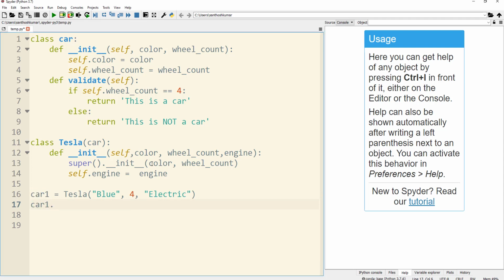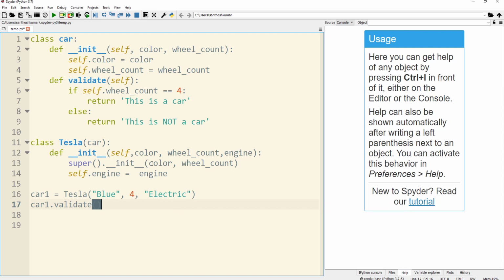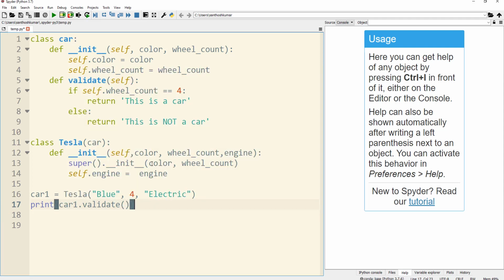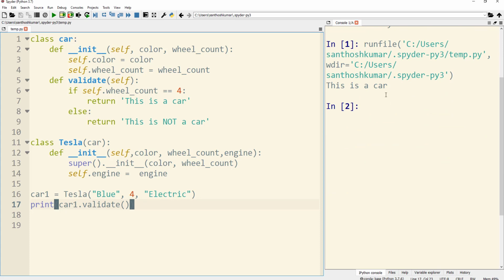What next I am going to do is print car1.validate(), which means that car1, being an instance of the child class, is going to access the method called validate, which is in the parent class. When I do that, after passing these attributes, I am getting the output that this is a car, because the number of wheels is 4, and so the validate method has returned "this is a car".